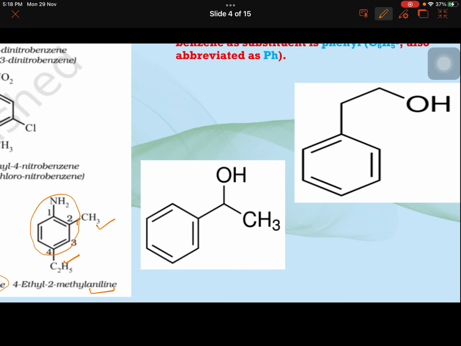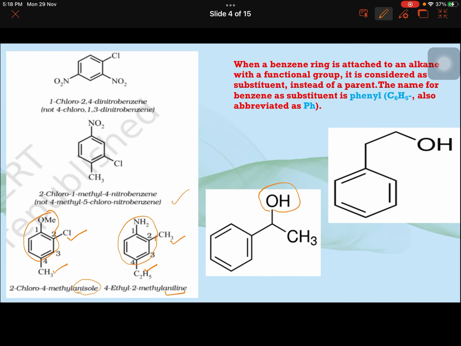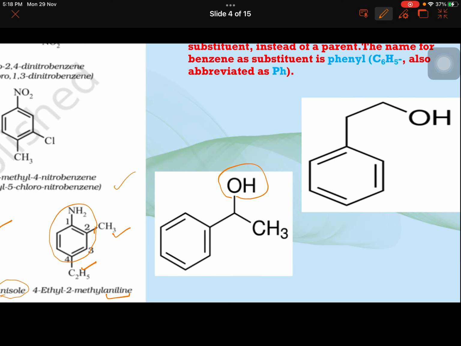Two more examples. Let's try them quickly. Whenever you have a functional group in the side chain, till here we have done examples where functional groups were attached to benzene. Now in these two examples, the functional group OH is in the side chain. It is not attached to benzene. They are not phenols clearly. They are alcohols. So this carbon and this carbon, two carbons in the side chain. There is OH. It should be ethanol.